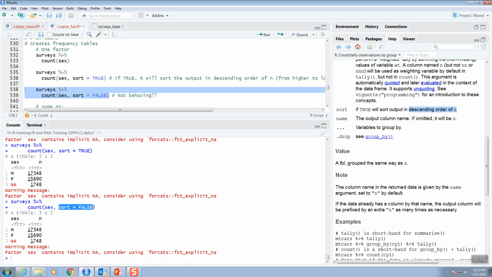Okay, sort equal false. This shouldn't be ordered like this. So I don't know what's happening. It's like it's not behaving and I don't have an answer for this. I looked into that, I didn't find an answer. I don't know if this is a bug or what's happening, but what I would expect is like if I